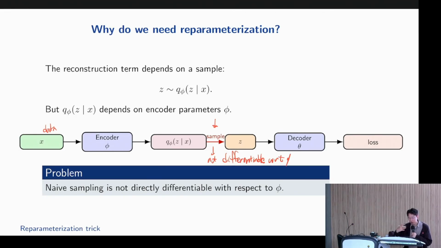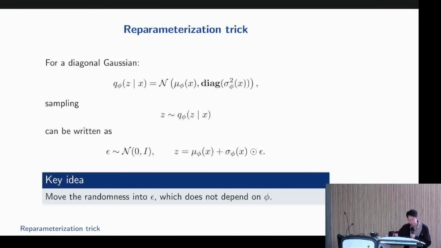So we can compute the forward, but not the backward. Forward pass, okay, but backward pass, gradient gets blocked exactly here. But luckily, there's a solution. So for Gaussians,